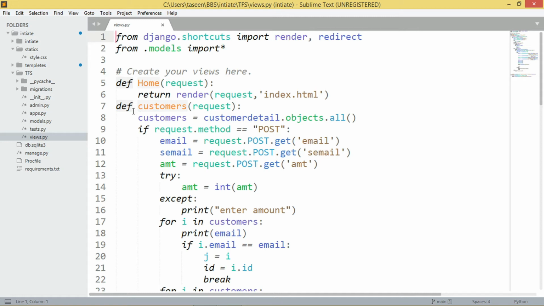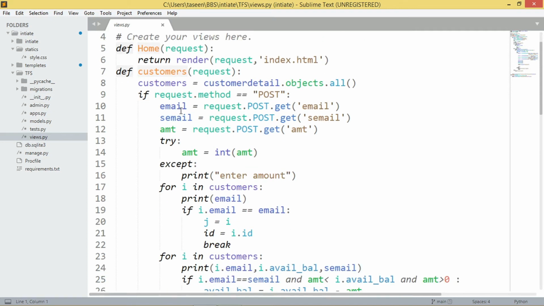So in the customer function we are taking all the details of the customer table, and after that we take all the values of the form which is created in the customer page.